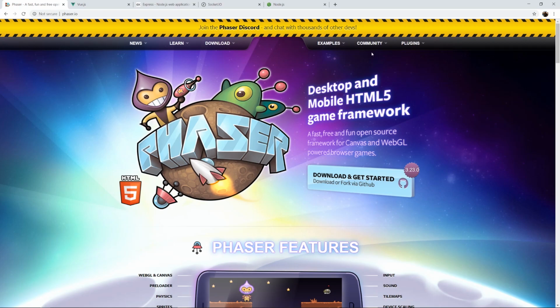Our project will feature a Phaser game instance that will allow us to create tokens and cards on screen and move them around on a digital game board. The Phaser instance will be wrapped in a Vue component that will also handle things like multiplayer chat and commands. Together, Phaser and Vue will comprise our front end, which I'll just refer to as the client for the rest of this video, and we'll use Socket.io to communicate with other players and tie together the front and back ends